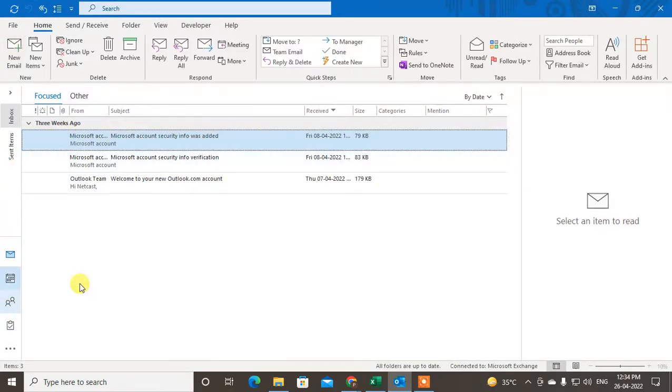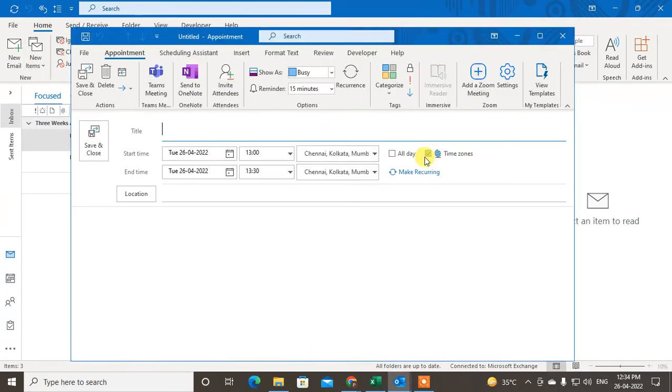So let me show you step by step. First, you can create the appointment from your home tab. Just go to New Items and create the appointment. Okay, so a new window will open, and here you can see this is an appointment. Here you can write the title, like Netcast